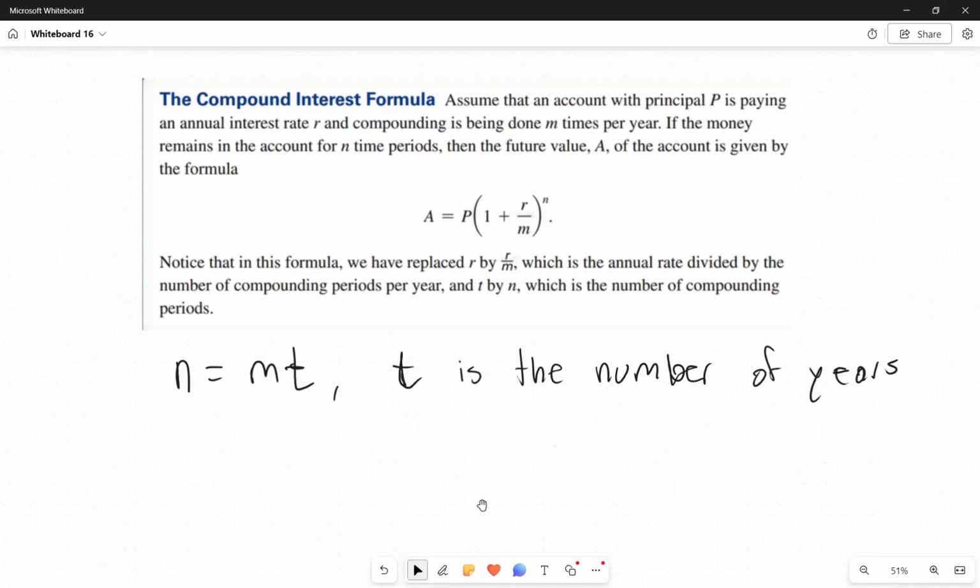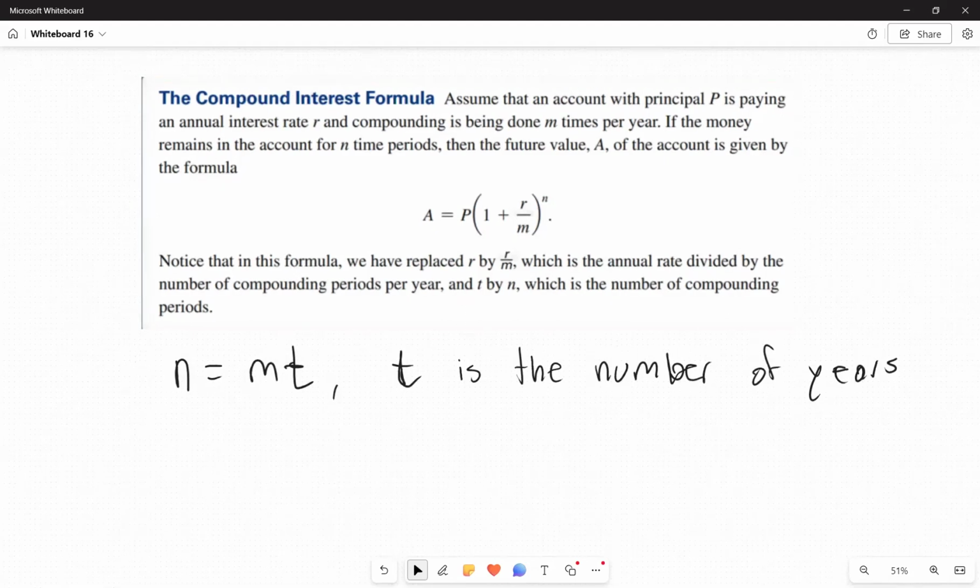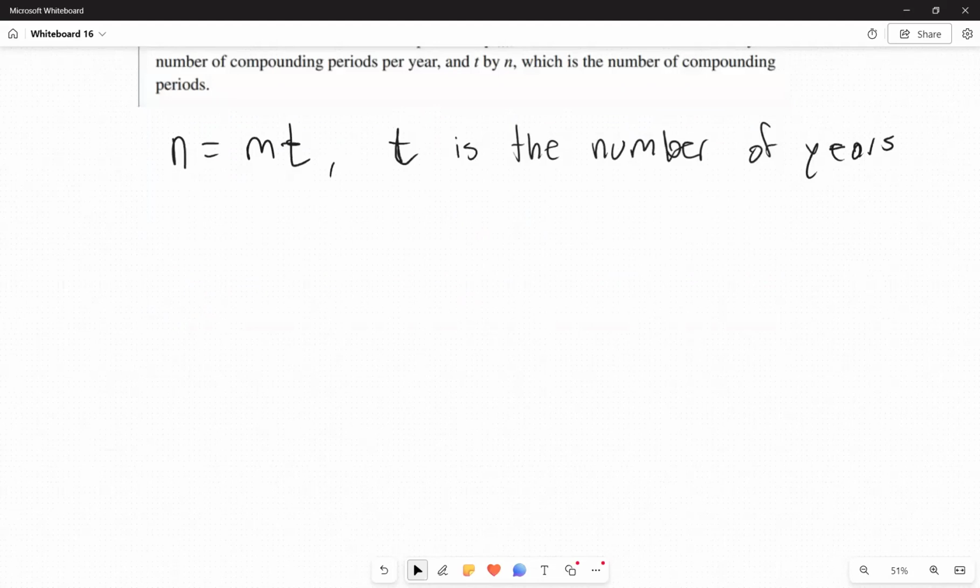Okay, so I'm going to start with example 5. I'm copying this example right now. And we are going to